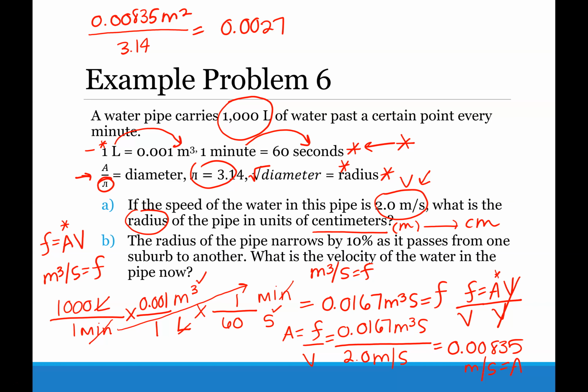And so this is the diameter, but we don't need the diameter, we need the radius. So the square root of the diameter equals the radius in meters. So you have to press second and the square root button and 0.0027. So the square root of that is